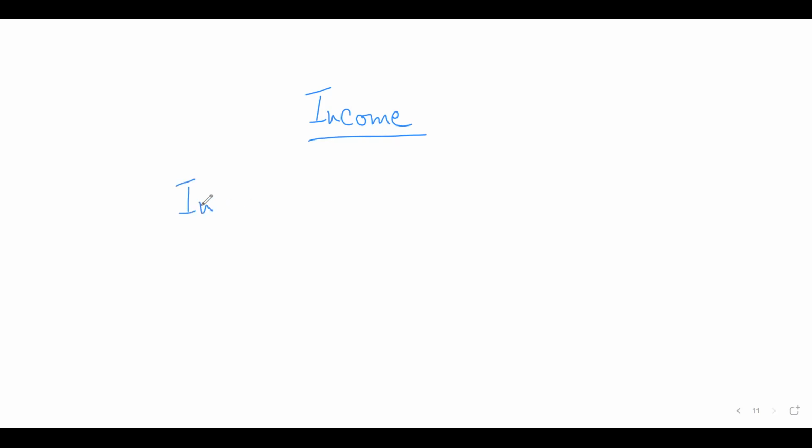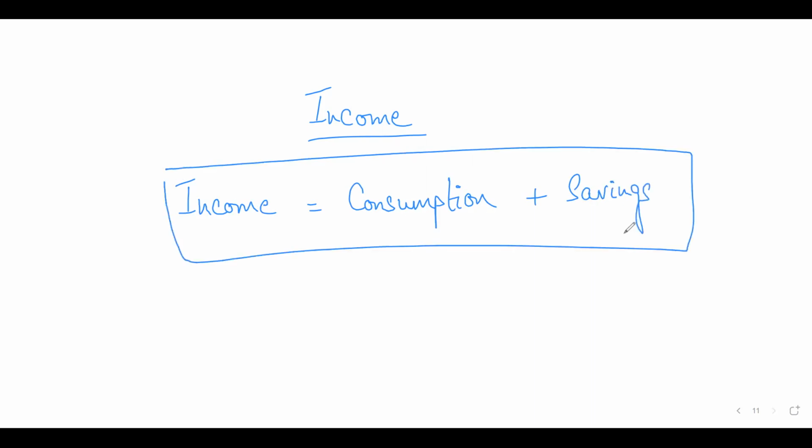So if you think of any person on this planet, the only two ways that someone can use his or her income is to consume or save. Either that person can consume, which is called consumption, like buy goods and services that satisfy a need, or save some of that for future use, which is known as savings. So income would always be equal to how much you spend in a time period plus how much you saved in that time period. You add these two variables up, you will get the income.